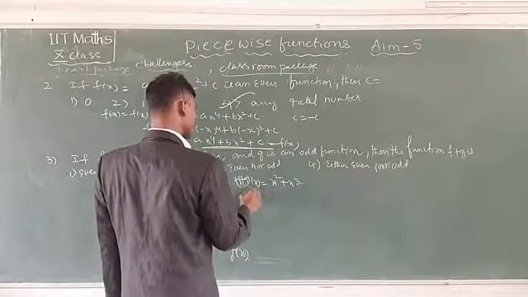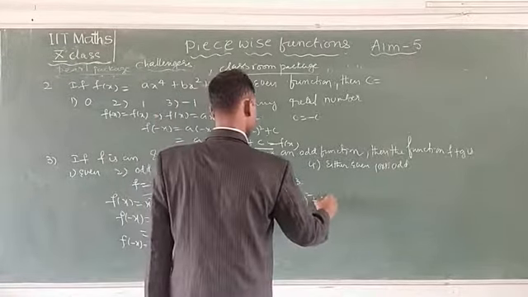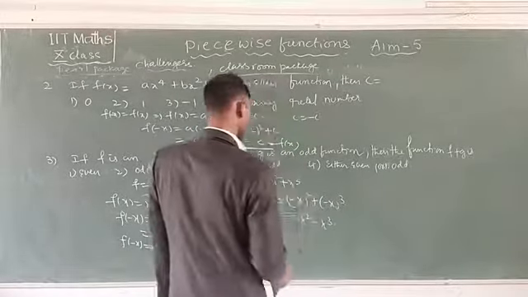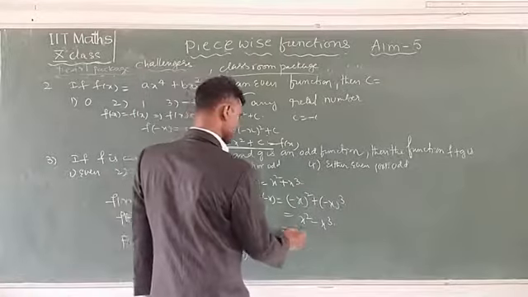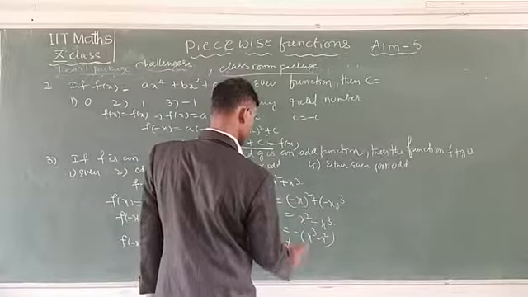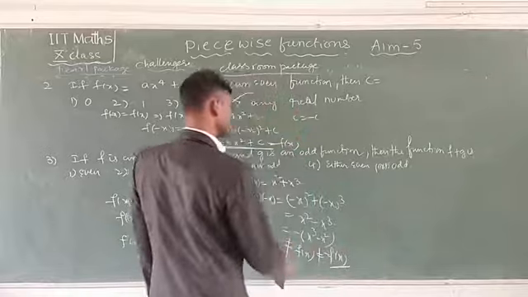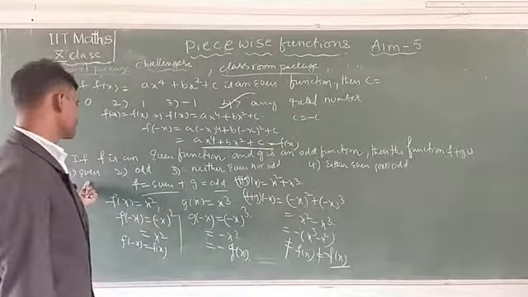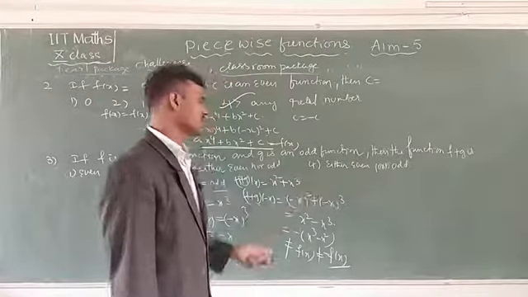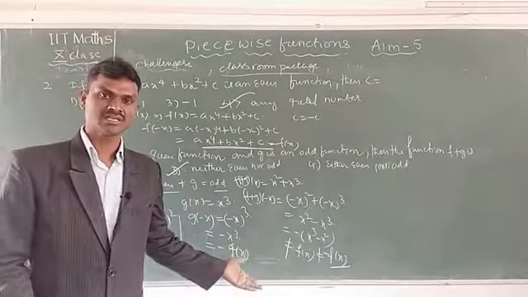Now we can write f plus g of minus x is equal to minus x whole square plus minus x whole cube, then this is plus x square minus x cube. Now see here, you can take minus common, then x cube minus x square, but it is not equal to f of x or minus f of x. That means even function is not possible, odd function is not possible, it is neither an even function nor an odd function. Understand clearly? Note down.